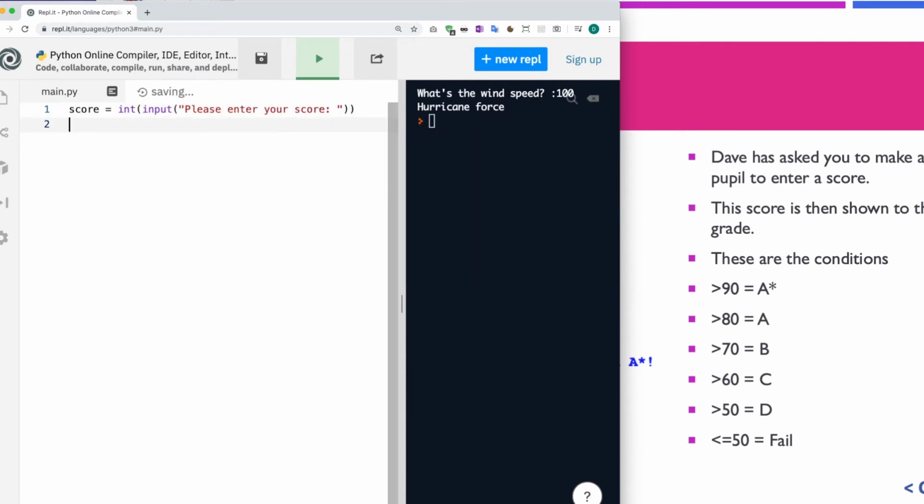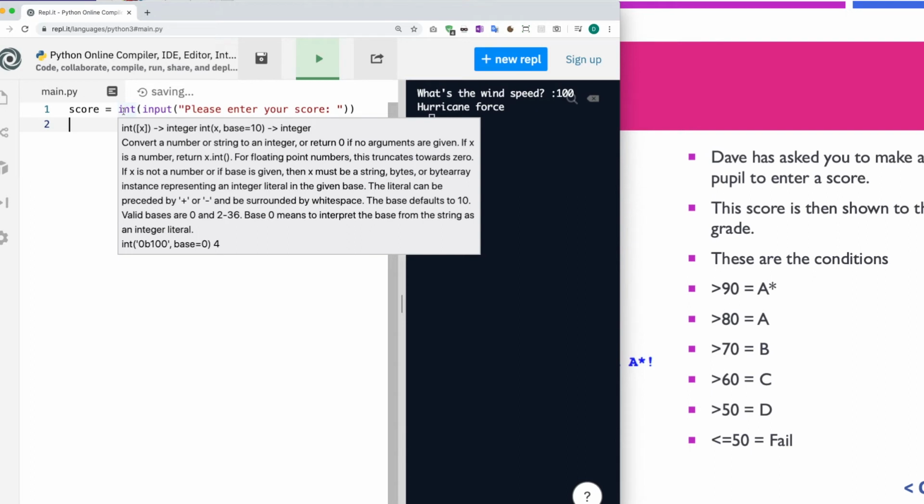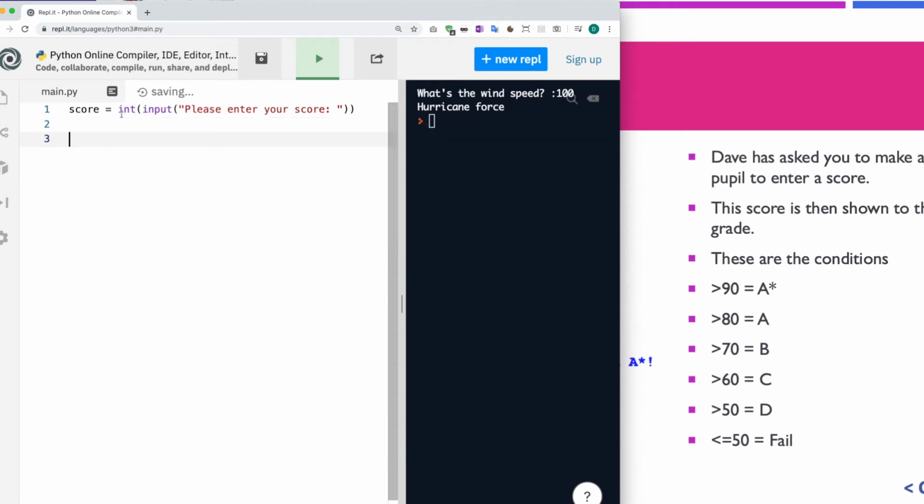Something nice and simple. So again, we're asking for the name there, please enter your score, which is an input, which is going to be turned into an integer, a whole number. So as we go here, we need now to put these scales in. So if we do this, print. Watch what happens if I start with the lowest option though. So if I say less than or equal to 50, watch what happens now if I do the lowest first in this one. Alright, so if score is less than or equal to 50, print your